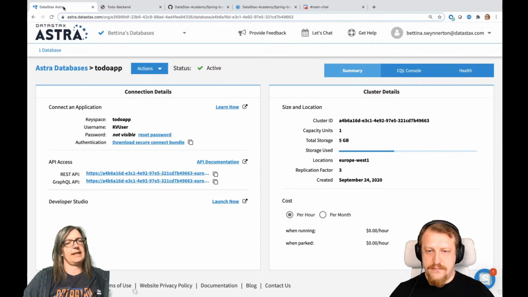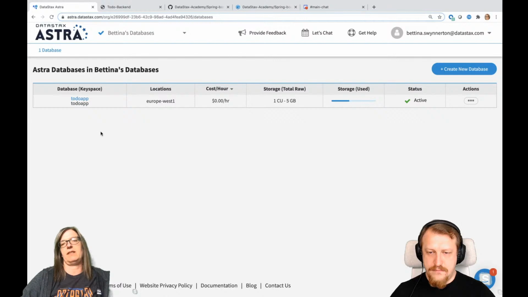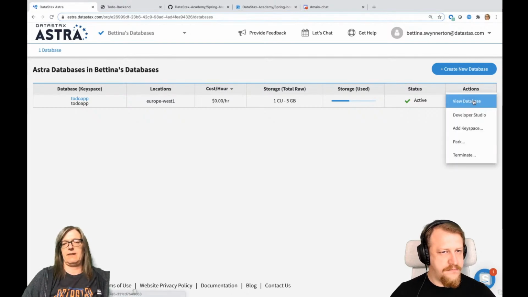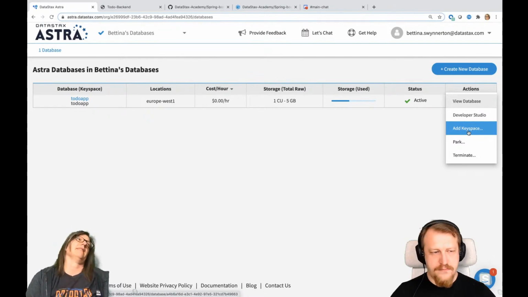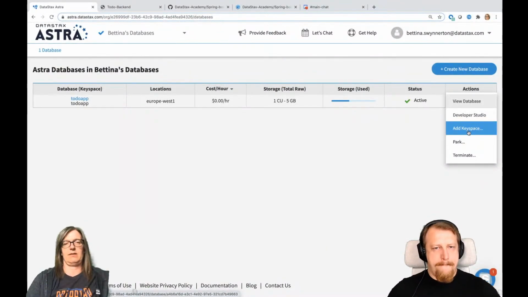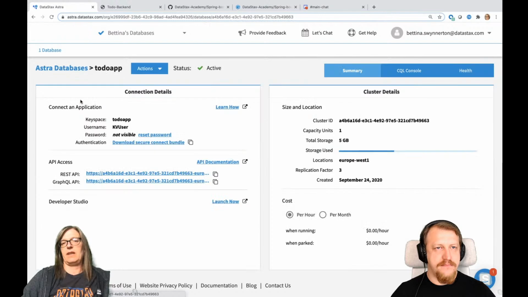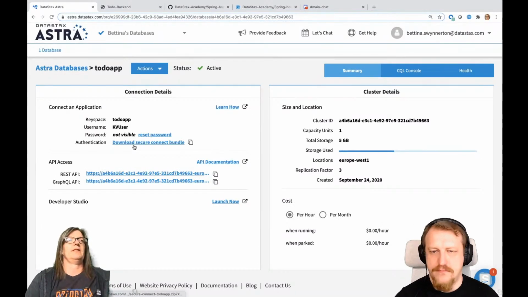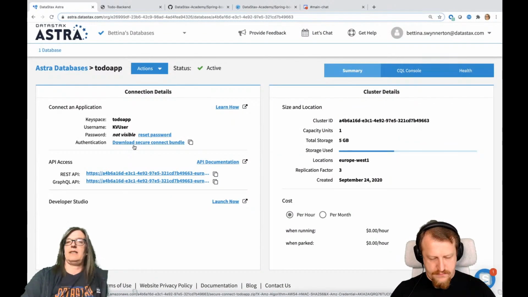First, just a few things. If you've used Astra before, you might have it already provisioned with a different keyspace. And if you want to add an additional keyspace, you can also do that, right? You can add another keyspace here and create the to-do app keyspace in case you want to retain your old keyspace. That's also fine. So give us a thumbs up if Astra is up for you and if Gitbot is up for you. Let's wait perhaps a couple of minutes and then we can move on.